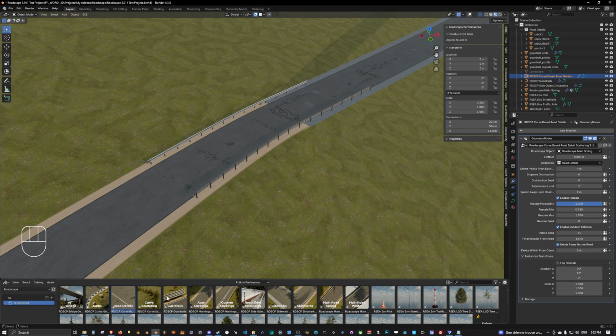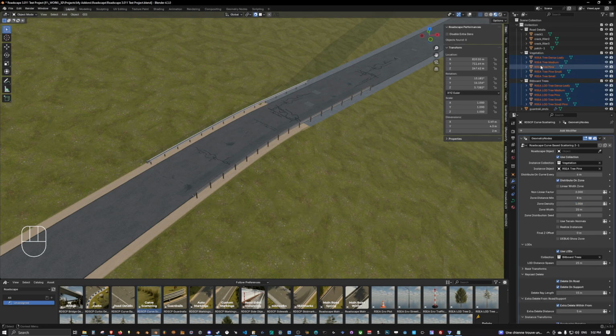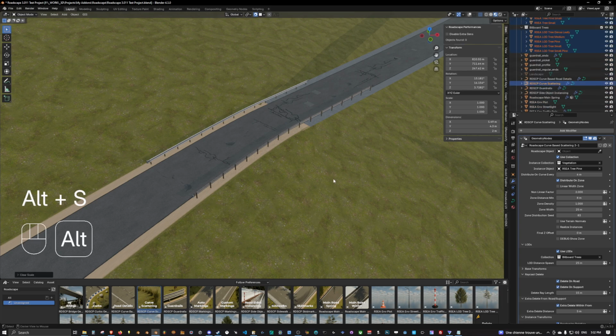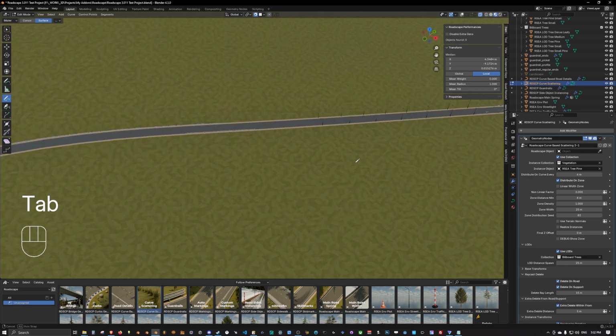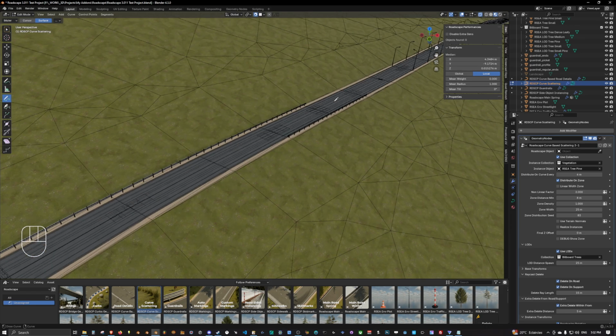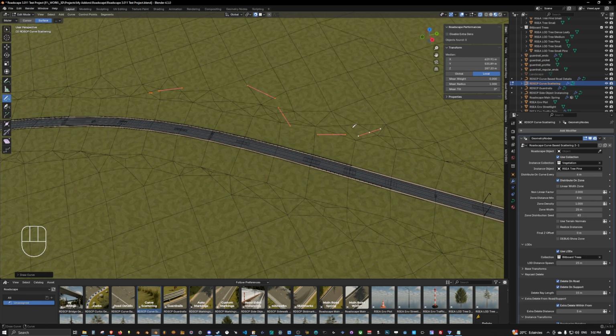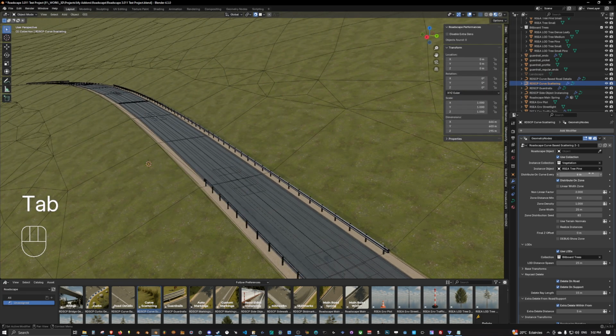And the last new generator, which is curve-based, is the curve scattering, which is there. You can bring it into the scene as well. It comes with vegetation and billboard trees. We keep everything selected, and we do Alt S, Alt R, Alt J, Alt G. We select the curve scattering generator, and this one as well works as a curve. So what we can do here, we can simply draw a curve like this, and then